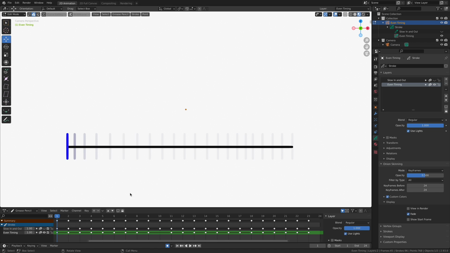It's just an animation of a line going from the left side of the screen all the way to the right side of the screen. I've gone into my object data and I've changed my onion skinning parameters so that I'm seeing basically every single frame in the animation. So 24 before and 24 frames after the current location of my playhead. Let's just play it, see what it looks like. And there it goes. So this is what's called an evenly spaced animation.